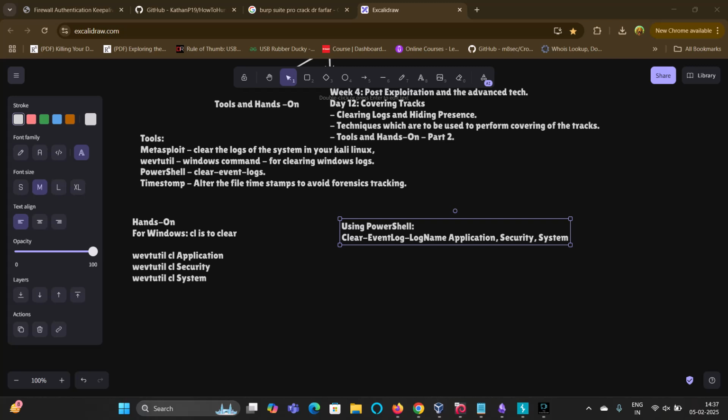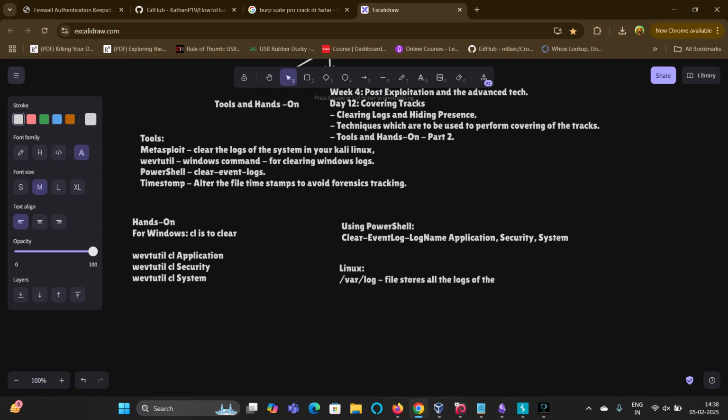Now moving on further, we have the Linux: how to clear the logs of Linux. As I have already told you, there is only one location that stores all the Linux logs, that is the var log directory. This stores all the logs of the Linux system, right? So to delete or clear the logs from this, what we are going to do is